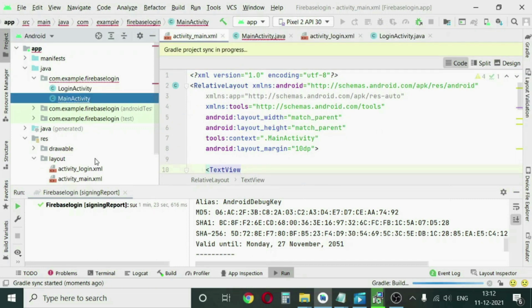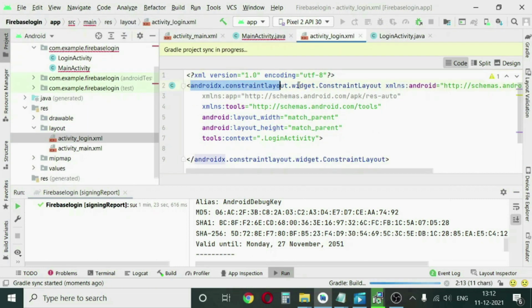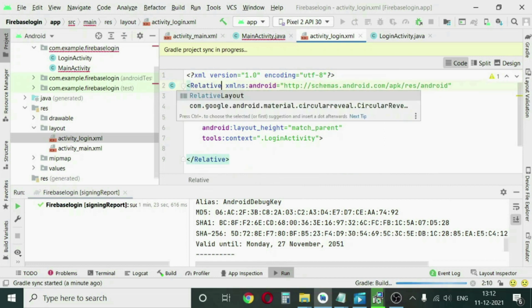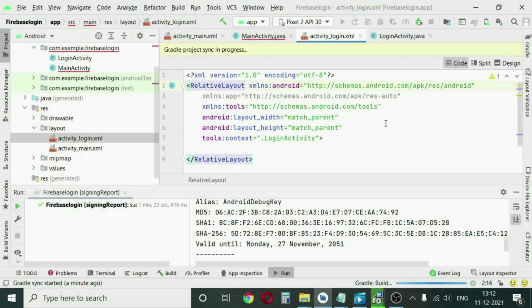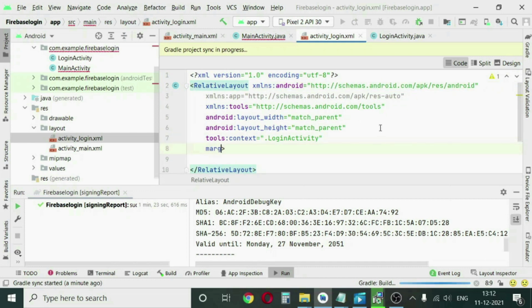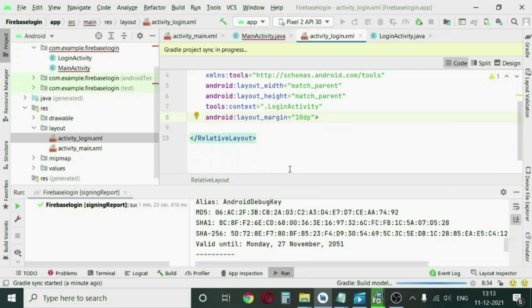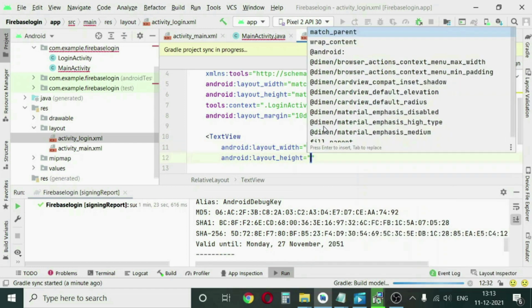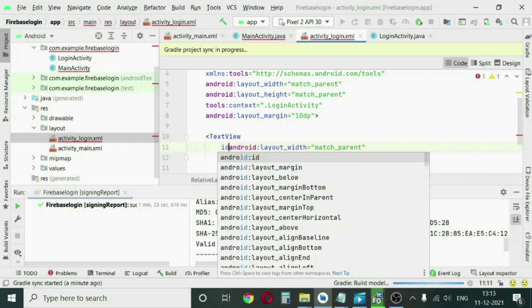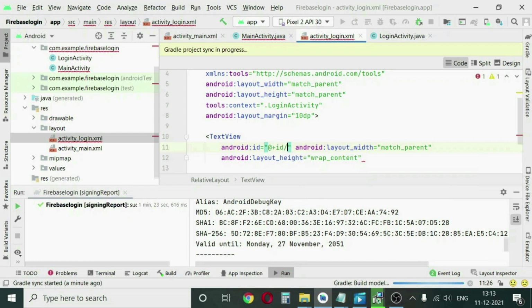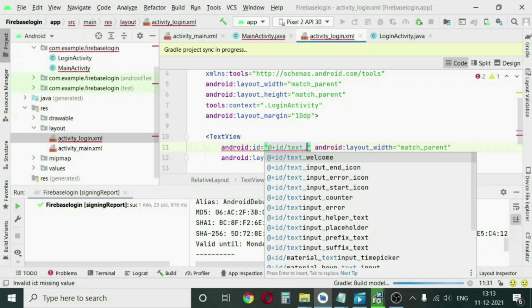Now the login activity has come, so we'll go to the XML and change the layout to relative layout, and we will again give a margin of around 10 dp here. Then we will create a text view. We will write match parent for width, wrap content for height, and ID @+id/text_login.